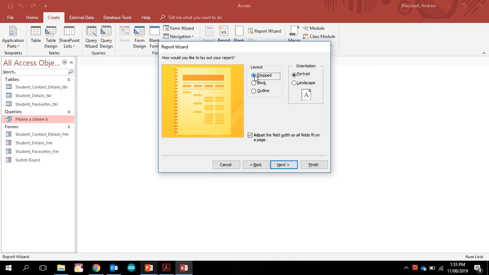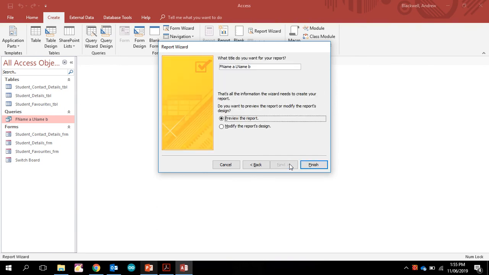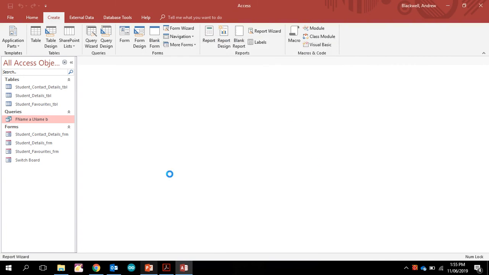I wouldn't want it stepped, maybe landscape, because it's probably going to be very wide, all the fields across here. And then what would you like to call it? Yeah, I'm going to call it that because then I know what it is, and then I finish. Now here comes my report,